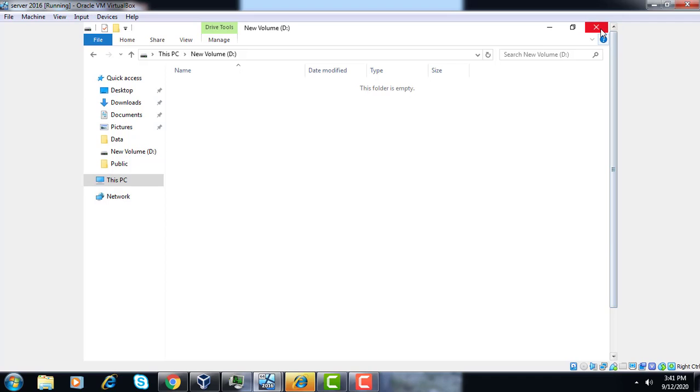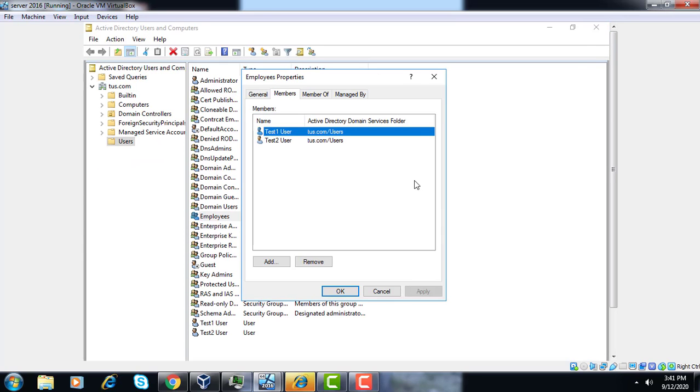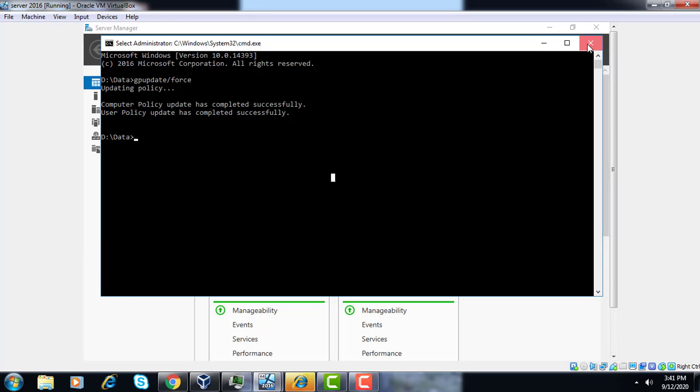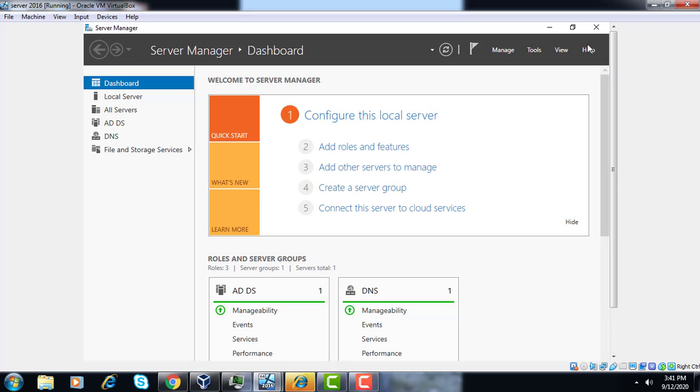Today we are starting our new practical in the series on Windows Server 2016. The practical name is the types of permissions. There are two types of permission: one is the sharing level and one is the NTFS permission.